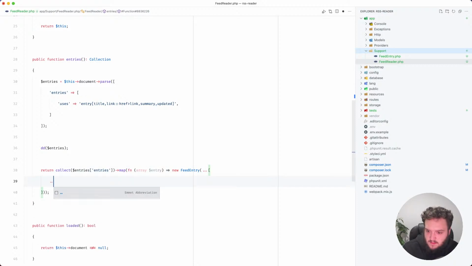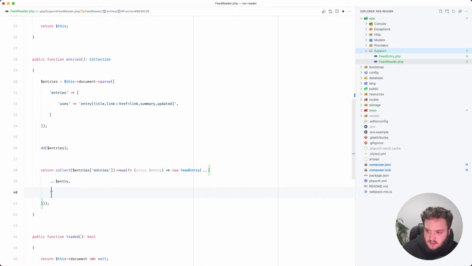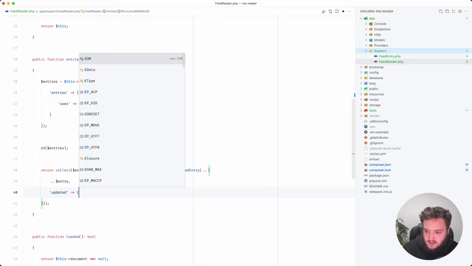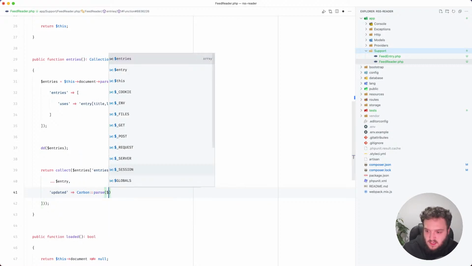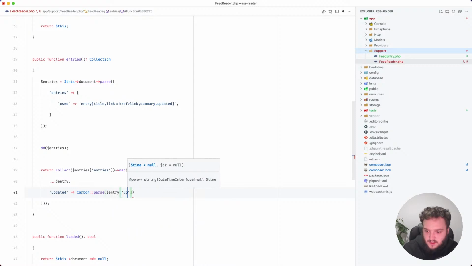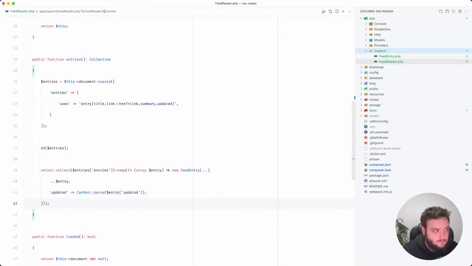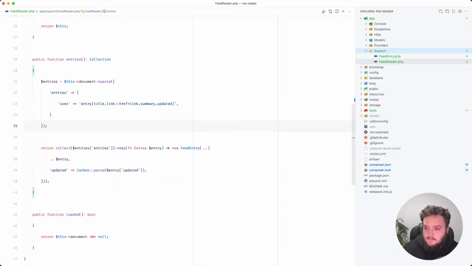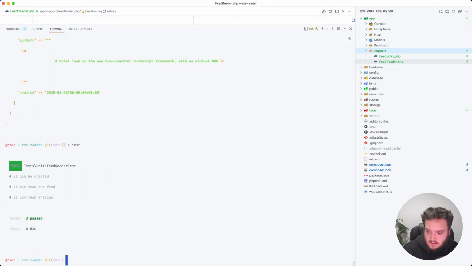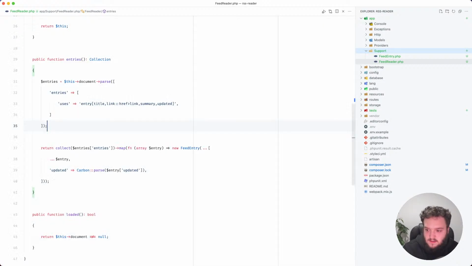and it's going to seem a bit weird, but let's do this and have updated be Carbon pass entry updated. Let's run our tests, and they all pass. Sweet. Okay, so